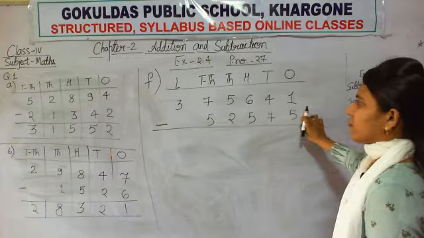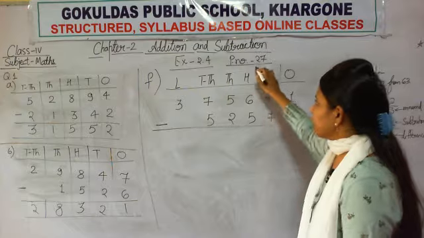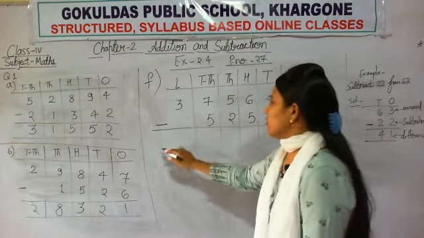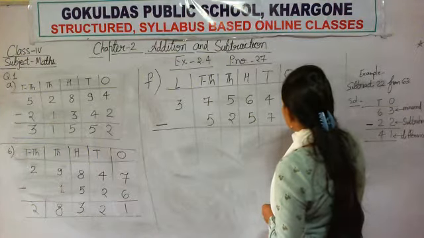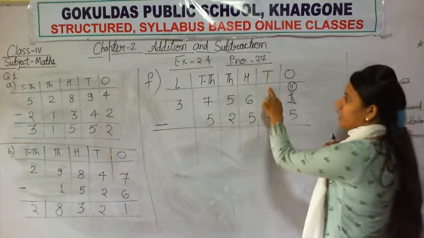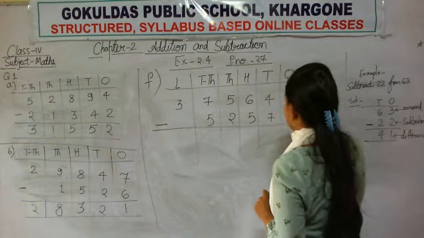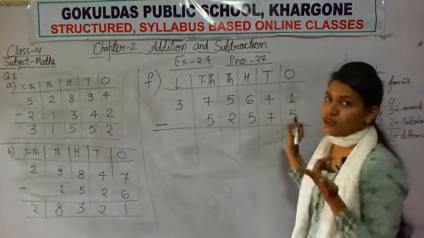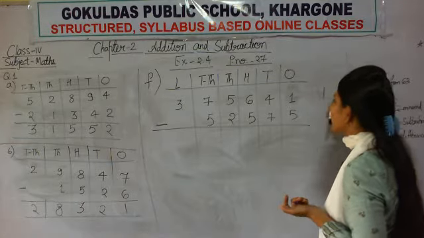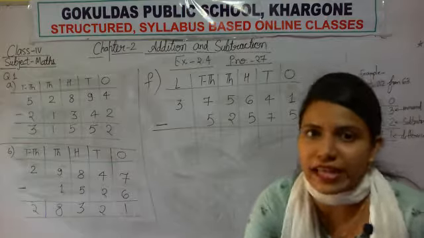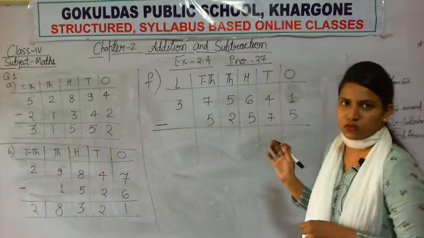Now 1 minus 5. You cannot subtract 5 from the 1. Then what will you do? You will take the borrow from the left column. So when you take the borrow, it becomes 11, because you are taking the borrow from tens place, so 10 will come here. Okay. What happens? See, here 1 is there. You cannot subtract 5. So your first digit is 1. Now you will draw 1 stick. Now how will you remove 5 sticks from it? So you cannot. Then what will you do? Yes, you will take borrow.